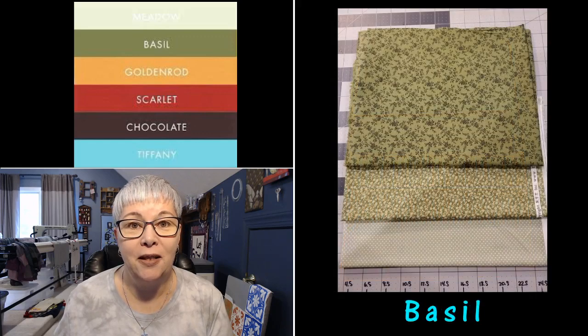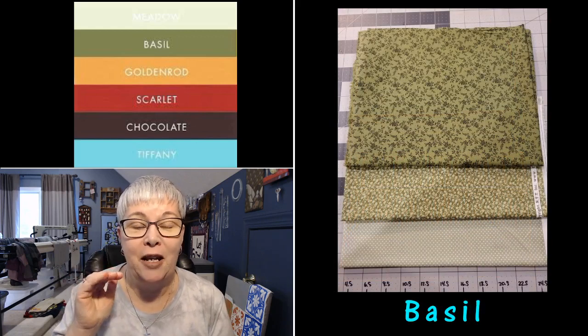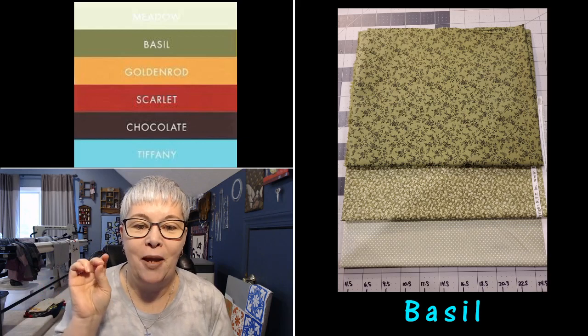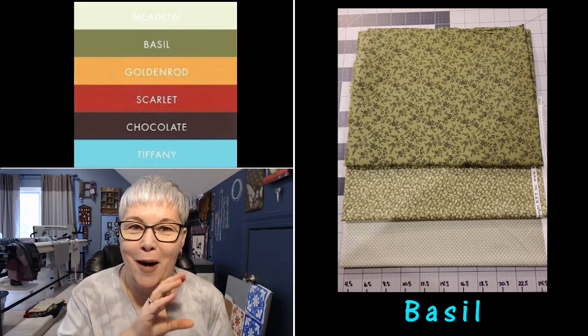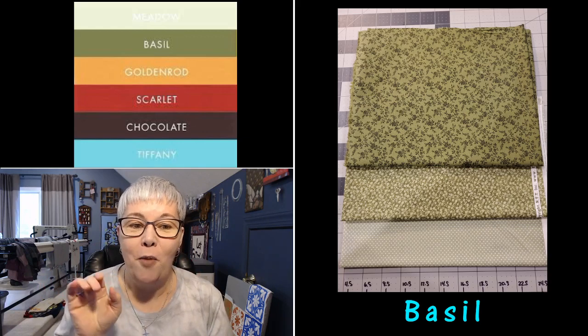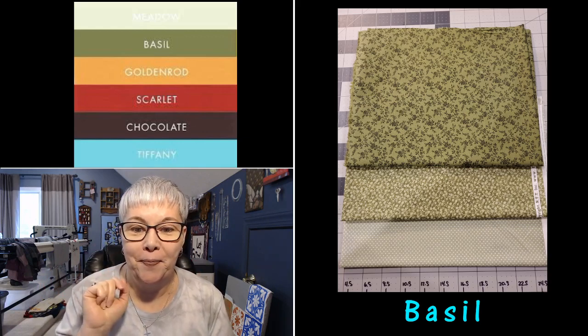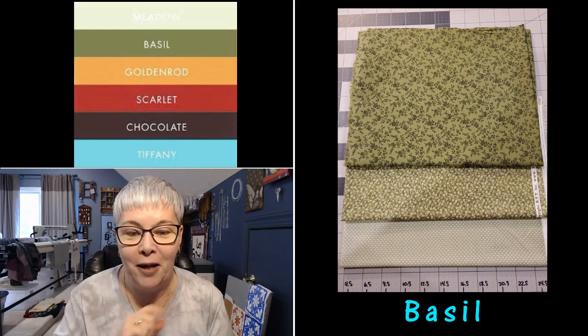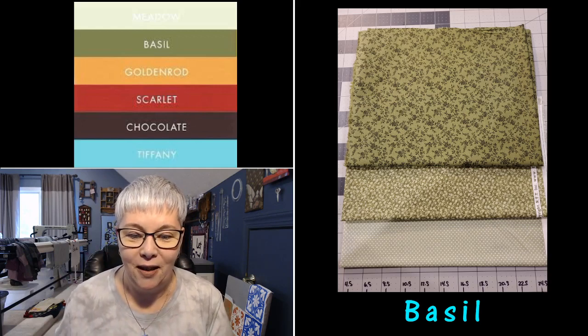Next, I'll show you my selection for the basil fabrics. I have a dark, a medium, and a light of the green color. Really, the top and the middle one match the most to my color selection, but the light one is almost on the meadow side. I think these are going to tie in so well with all of the rest of the colors. And then this last one, the Tiffany,